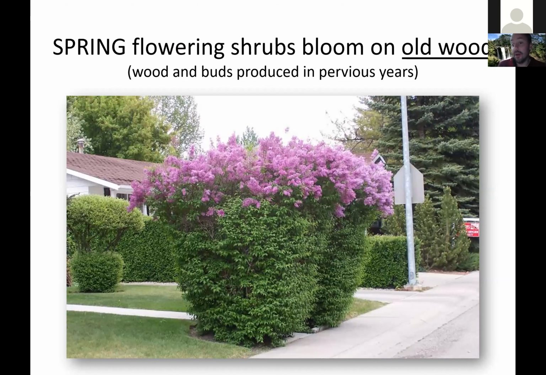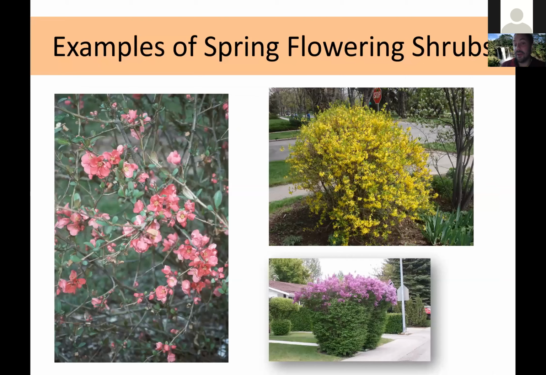And the top of the shrub, where they can't reach, or they don't care to reach, they're not shearing, and so the flower buds are staying on the tree through the summer, through the winter, and then opening in the spring there. So that's a good example. Other spring flowering shrubs include quince, forsythia, a lot of the cherries, and others, right? But generally, these are things that bloom early because the buds are produced in the previous year and are just ready to open in the spring.